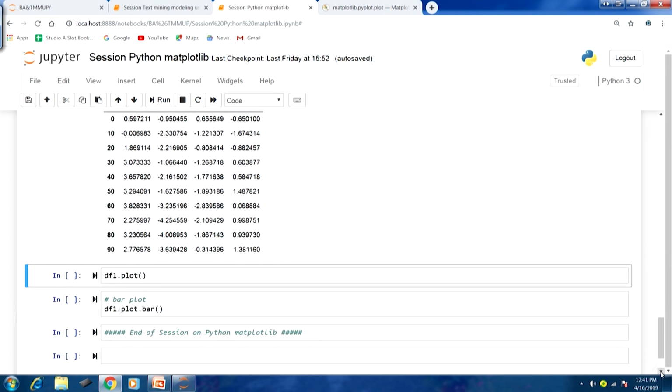Now, just like the series object, here also we can use this data frame object df1 and call the plot method. So, we can call df1 dot plot, and these 4 columns that we have are going to give us 4 plots using the same indices. We have one row index that is going to be plotted along the x axis, and 4 columns which could represent any variable. Those are going to be plotted along the y axis. We will have 4 plots there.